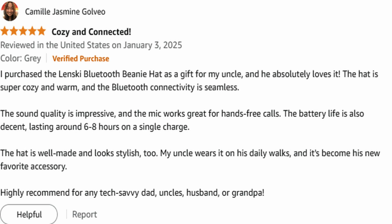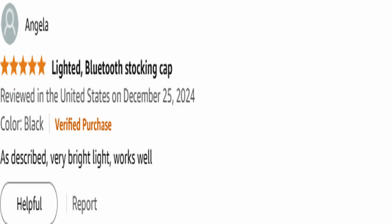The combination of warmth, sound quality, hands-free calling, and lighting makes it a multifunctional accessory that meets the needs of modern users. Whether for casual walks, outdoor work, or recreational activities, this beanie offers a unique blend of features that